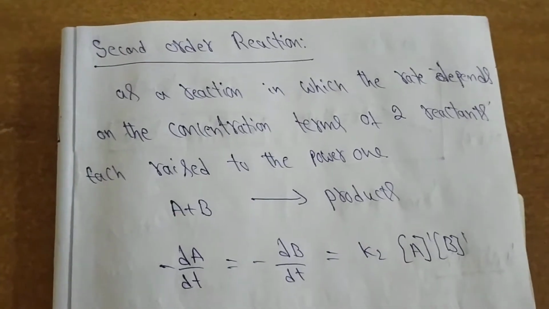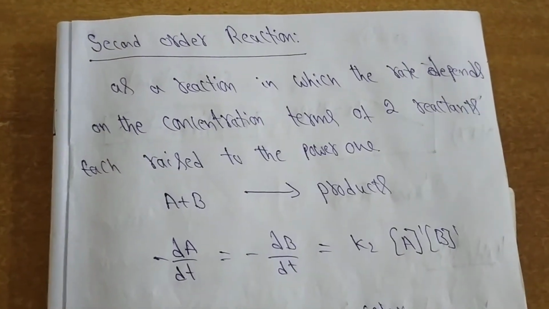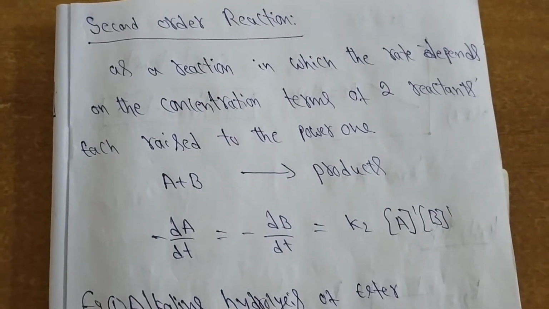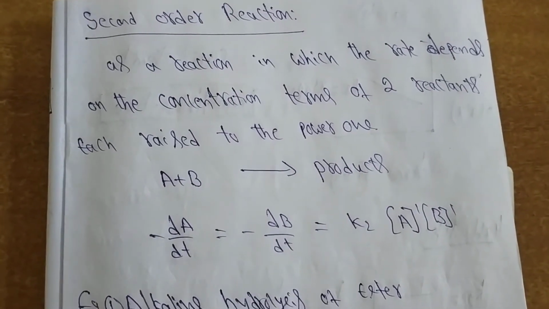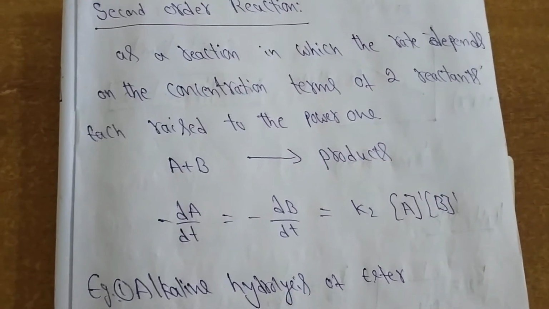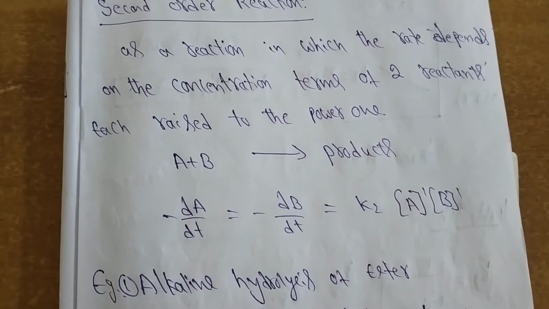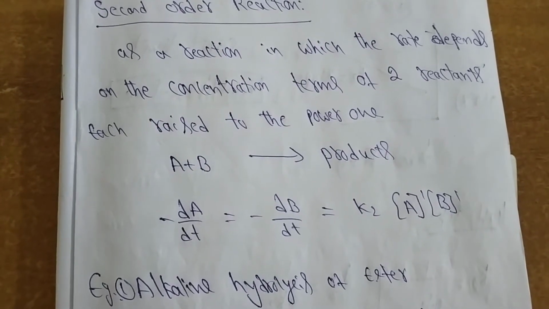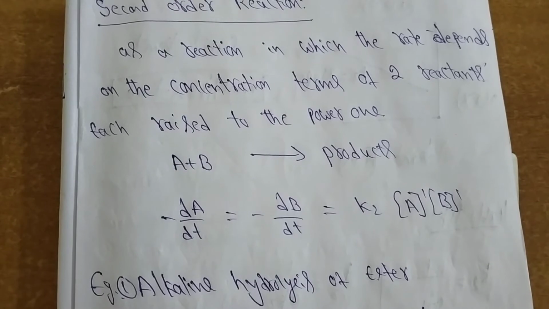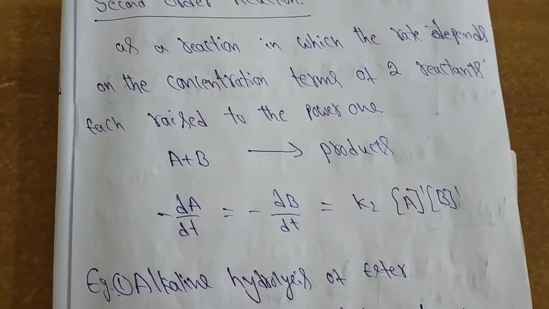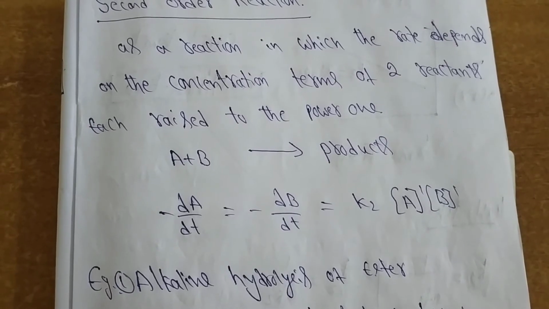Next one, second order rate reaction constant. It is defined as a reaction in which the rate depends on the concentration terms of two reactants, each raised to some power. A plus B gives product. In this process, the product formation depends on two compounds, A and B. Minus dA by dt is equal to minus dB by dt is equal to K into A into